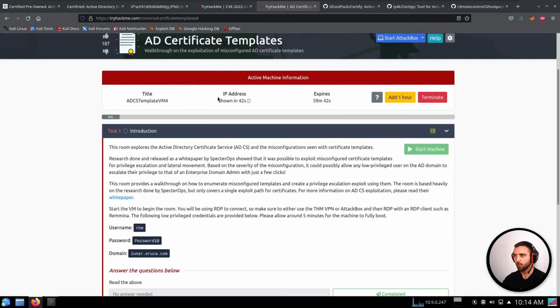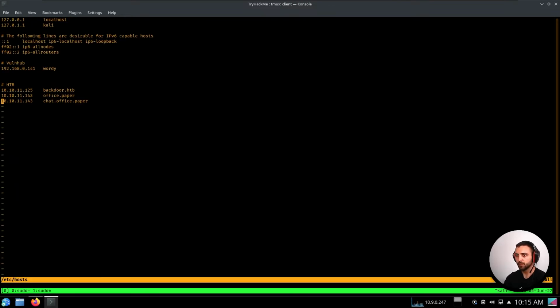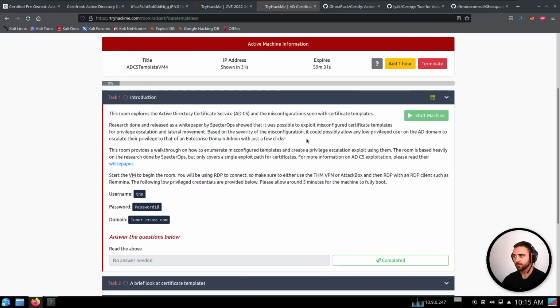So let's first copy the IP address and move it into our sudo vim /etc/hosts. That way all the resolution is going to be forwarded to that IP address. Let's wait 30 seconds. So now we're going to demonstrate how the theory works, and keep in mind that that was